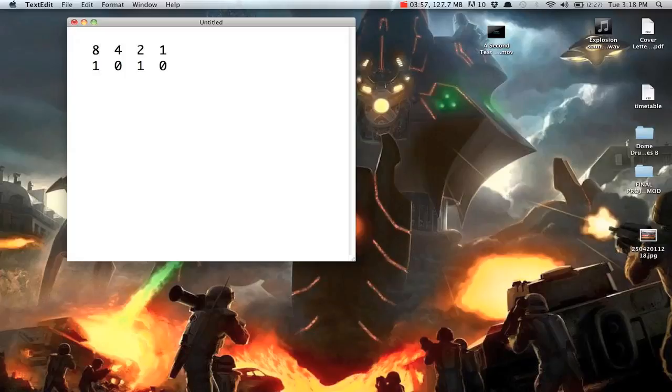And depending on the size of your bit depth, how many bits there are, it just keeps doubling. So it starts at 1, it doubles to 2, doubles to 4, doubles to 8, after that is 16, after that is 32. It's just really simple. And to work out the number that 1010 represents, you just add the ones up, because a 1 and a 0